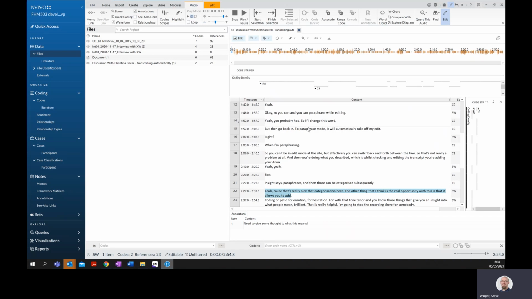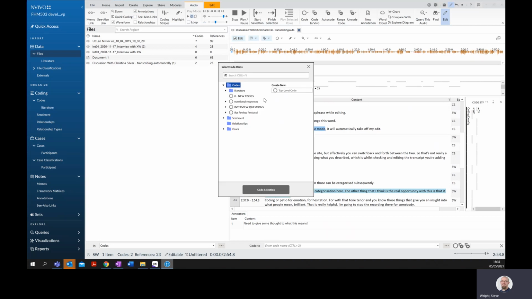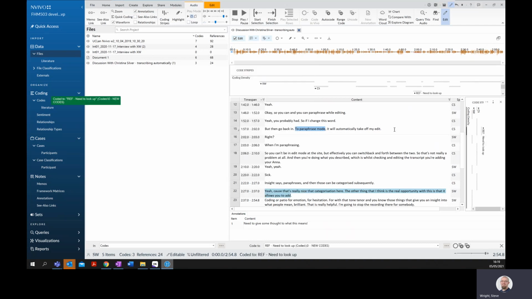And the other thing I might want to do here is code some of the data, some of the transcript. And this is where it can be useful. Say I would like to create a new code called "need to look up." And that codes it to a new code I created, just saying, I need to look this up. I don't quite know what that is. I might create a couple of codes for things like unclear or need to return to, but probably that initial coding, you wouldn't be trying to do a major